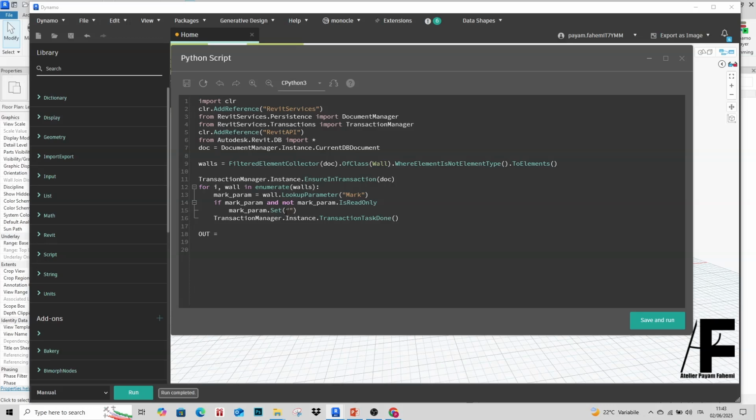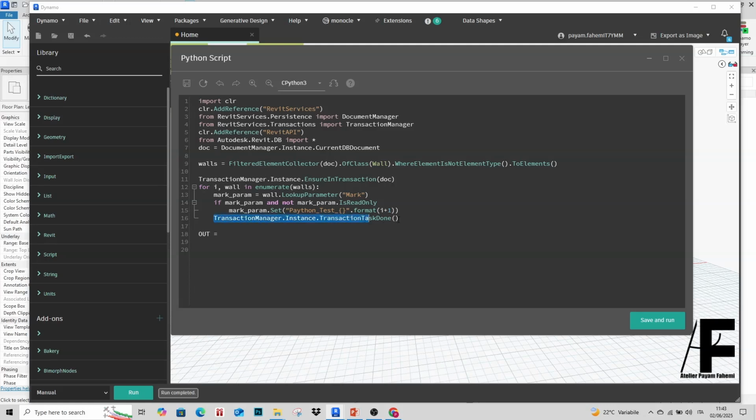Set within quotation marks Python underscore test, and we're going to set the mark value, for example Python underscore test underscore 1, 2, etc., right? We need to format it, so we say format i plus 1. Now we close the